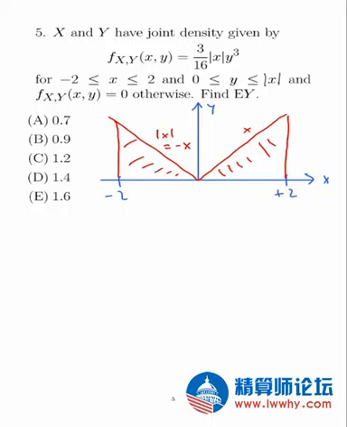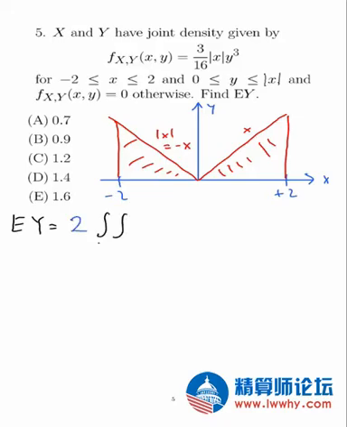Right, because x went from -2 to 2, my two shaded regions are exactly mirror images of each other, and when you look at the mirror image points, my density is just the absolute value of x term. My density is also symmetric. So when I find my expected value of y, I could do a double integral over each region, or I could save myself some time and just say the expected value of y is 2 times